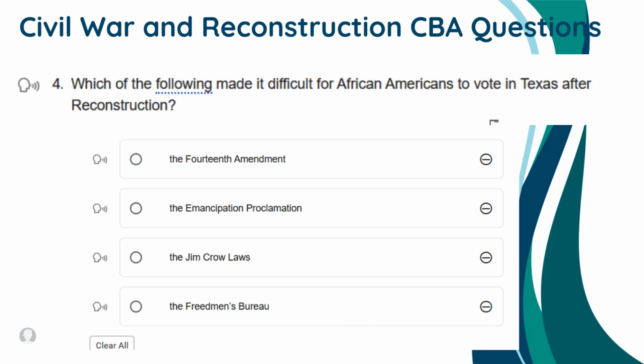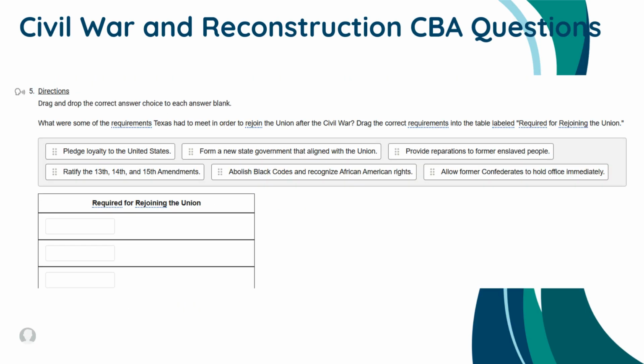As we're looking at all these CBA questions, notice how understanding cause and effect relationships is important for students to be able to answer the questions correctly. In this example, students have to identify what made it difficult for African Americans to vote in Texas after Reconstruction. This is a drag and drop question where students drag into the chart